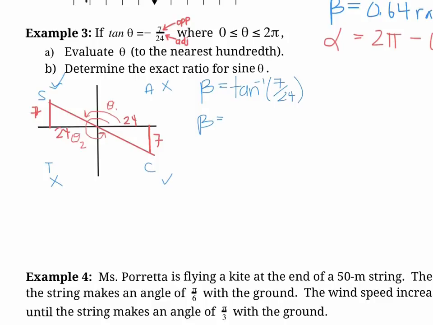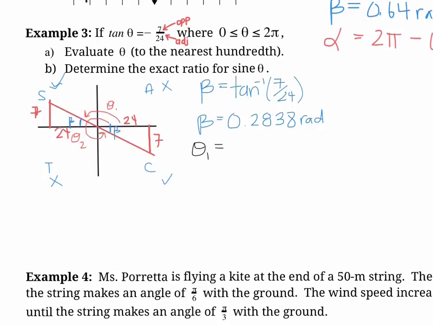So if we take the tan inverse of positive 7 over 24, we get a radian measure of approximately 0.28. Let's take 4 decimal places: 0.2838 radians, and then we'll reduce to the nearest hundredth at the end. So our beta measures are right in here. So there's our beta, here's our beta, they're exactly the same. So we can figure out our theta 1